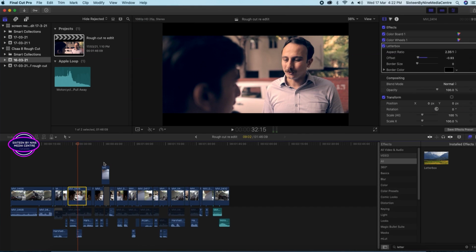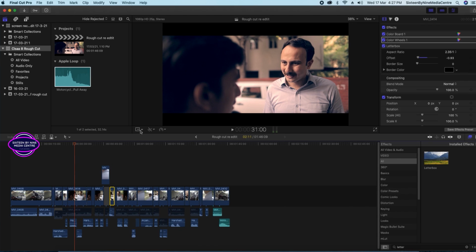So we will see both effects and transitions, and then we will go to an advanced level of VFX in the NLE, that is keyframing. I will also show you chroma, how to remove a green screen. Okay, so let us take this clip, and if you can see the button here, if I select it,